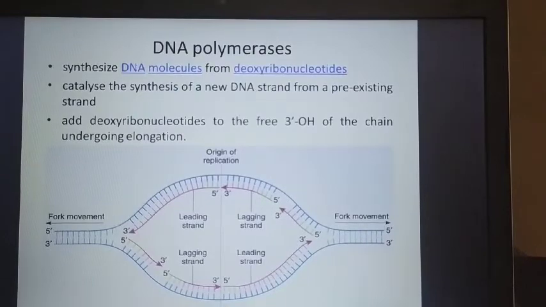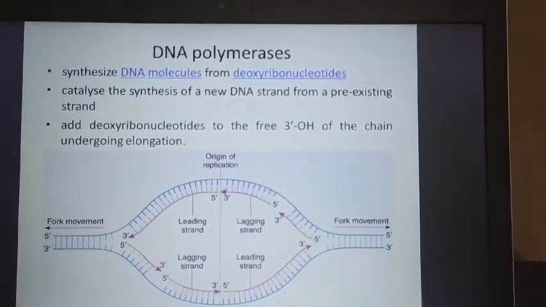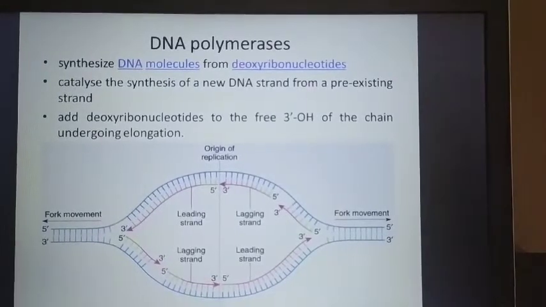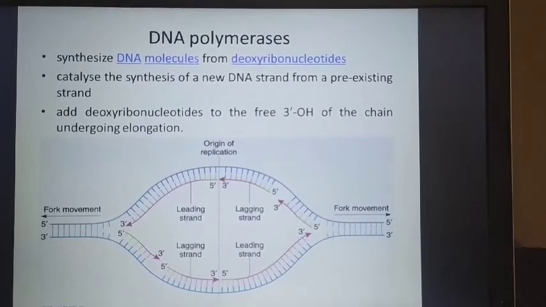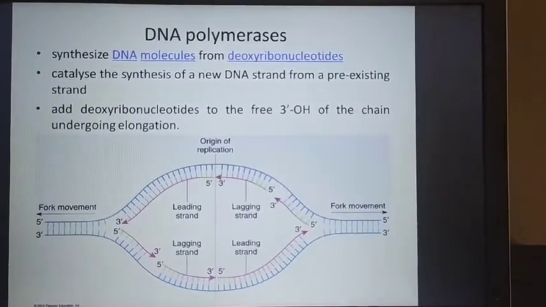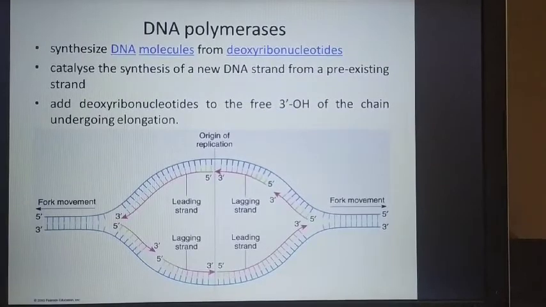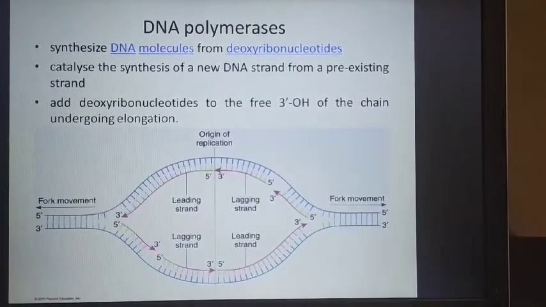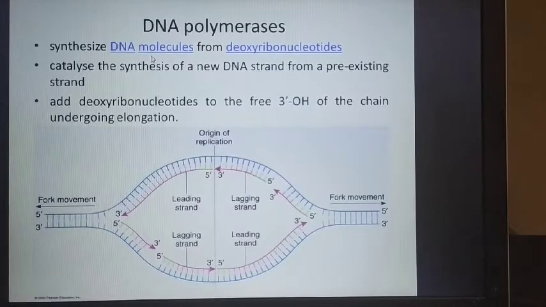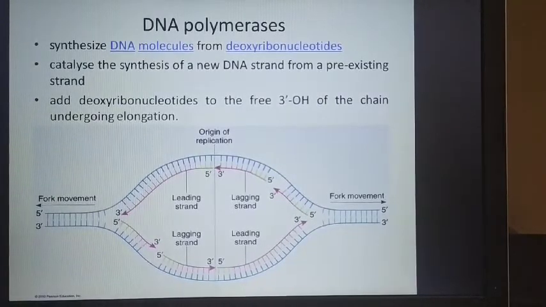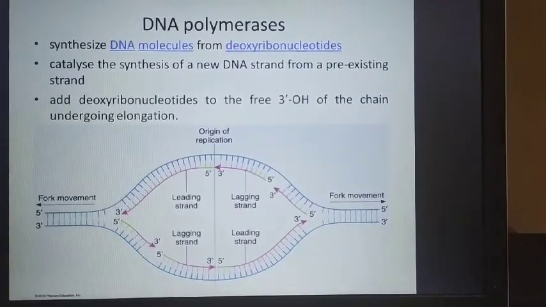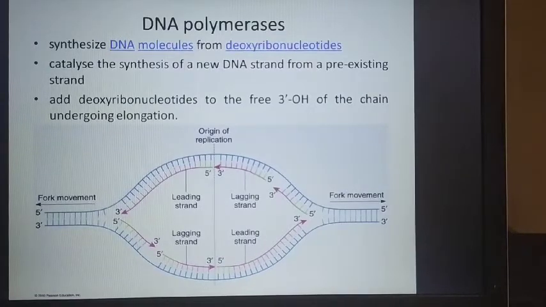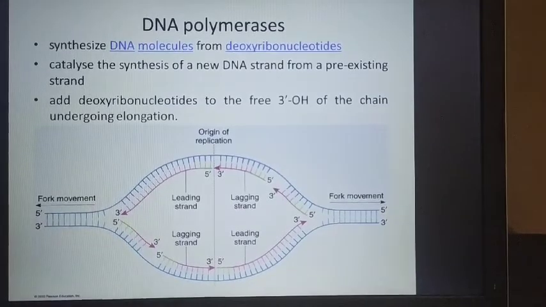Now we come to the next crucial enzyme, which is called DNA polymerase. It is usually a DNA modifier enzyme. The most important tools are restriction enzymes and ligases. DNA polymerases can be considered as DNA modifiers. So what is their exact cellular function? They synthesize DNA molecules, or DNA strands. And you know, the DNA strands are polymers of monomers called deoxyribonucleotides. So deoxyribonucleotides are added on to form DNA strands, and DNA polymerases catalyze this function. So they catalyze the synthesis of a new DNA strand.